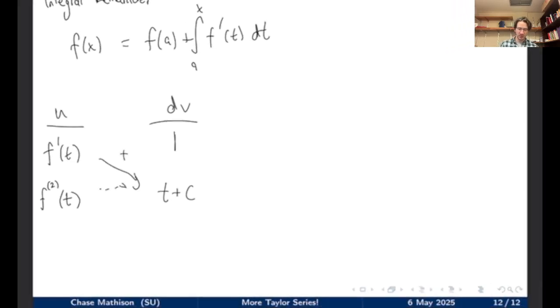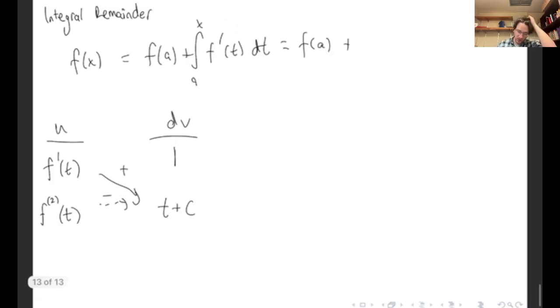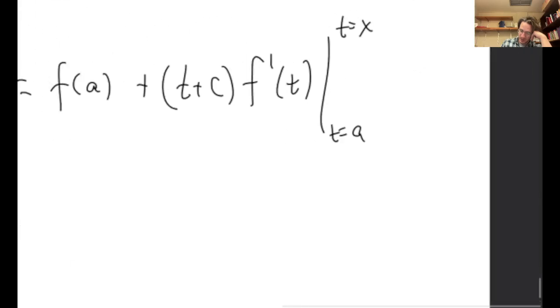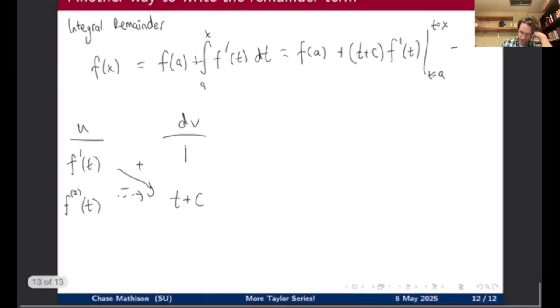So this looks like f of a plus, when I evaluate using integration by parts, what do I get here? I get t plus c times f prime of t evaluated at t equals x, and t equals a. And then minus the integral